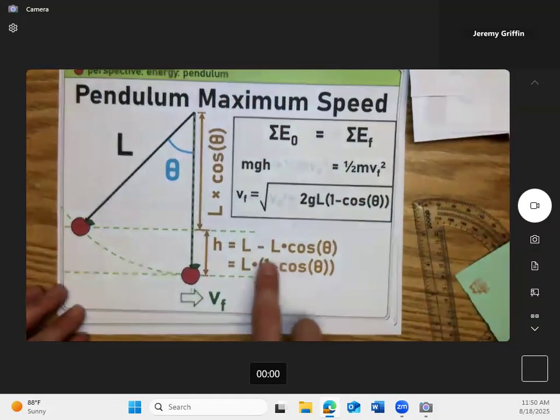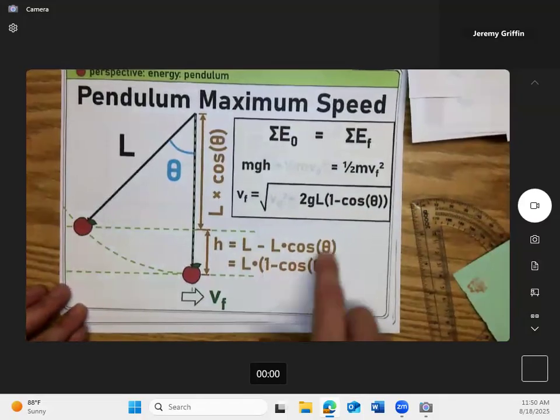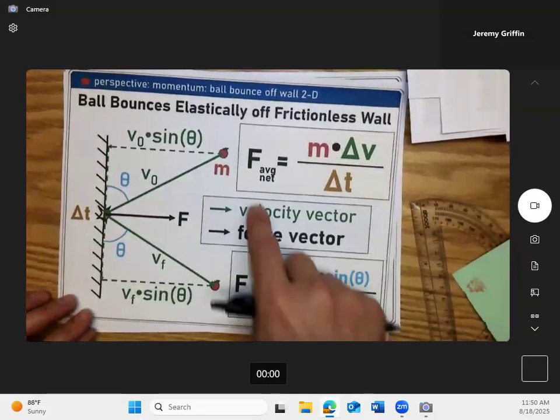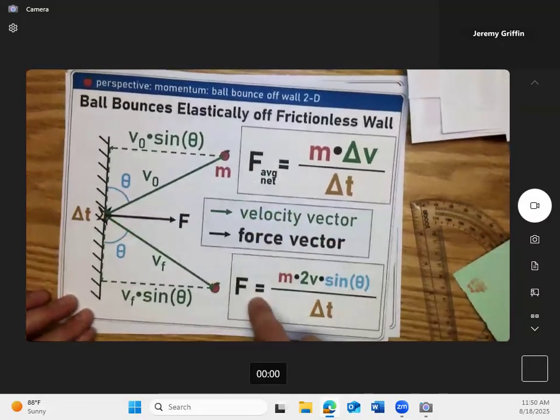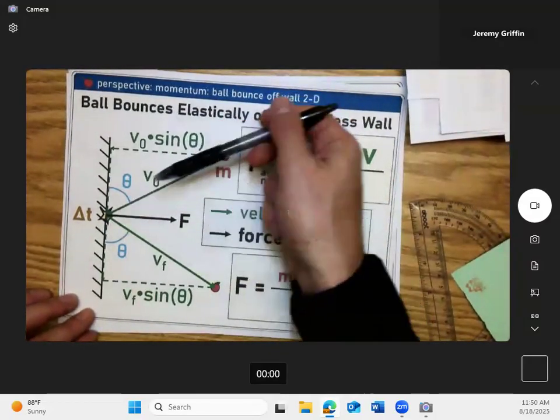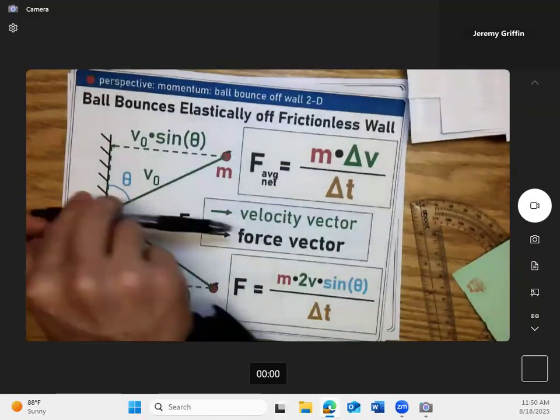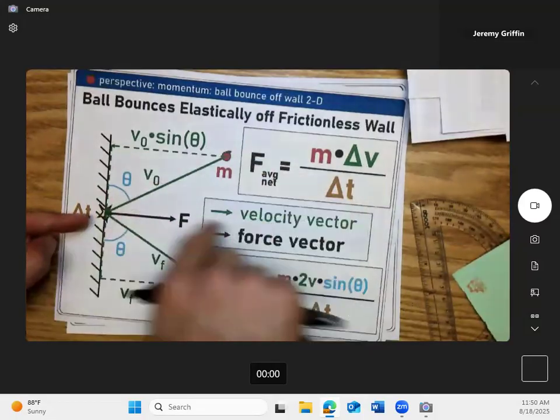Right? But there's going to be, I see a cosine. Sine, cosine. Okay. You bounce a ball off a wall. You guys see this ball bouncing off a wall? It comes at some angle. I wonder what's the force from the wall? Boing, you think there's some force from the wall to make it reverse direction, at least along the